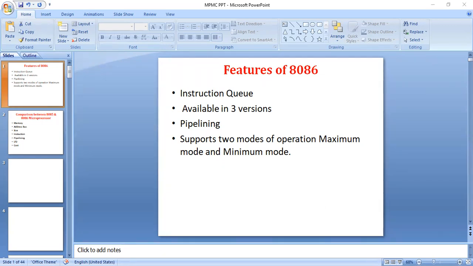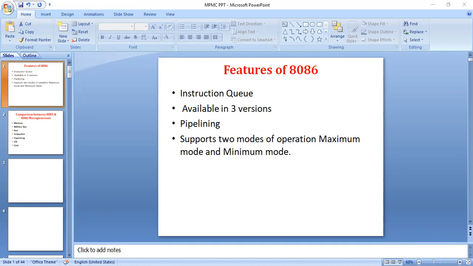The 8086 microprocessor is an advanced version of the 8085 microprocessor, also designed by Intel in 1976. It is a 16-bit microprocessor having 16 data lines and 20 address lines. It can perform up to 16-bit operations, which is why it is a 16-bit microprocessor, and it has 1 MB of storage memory.